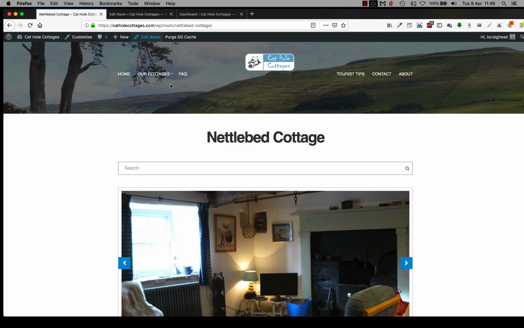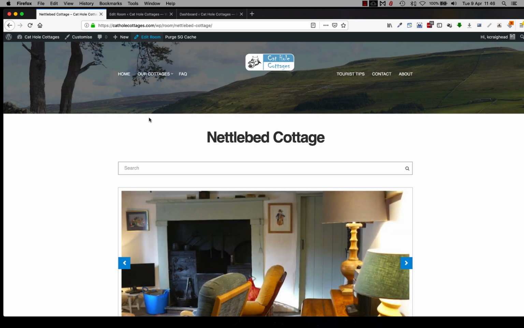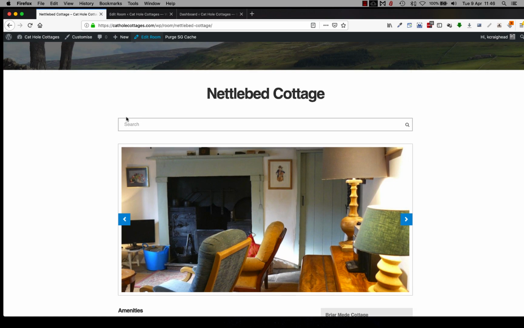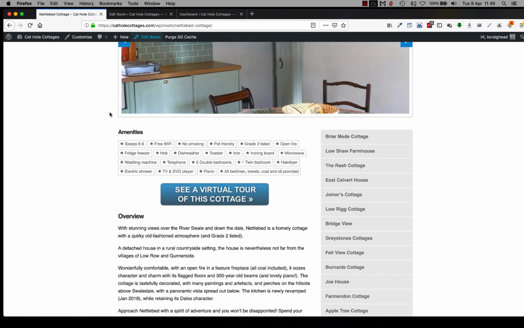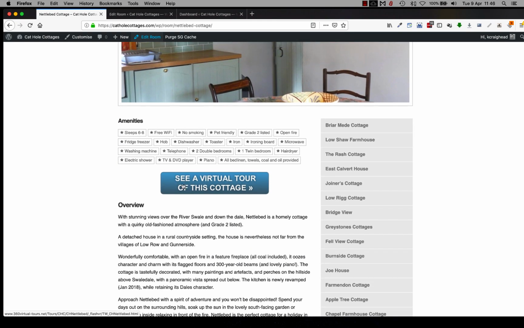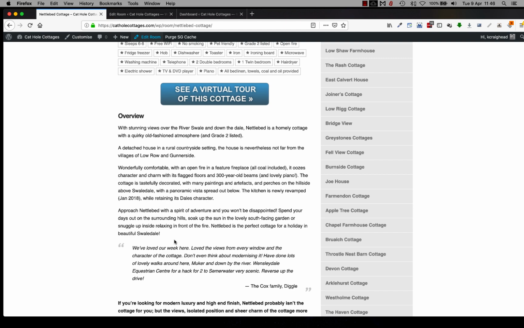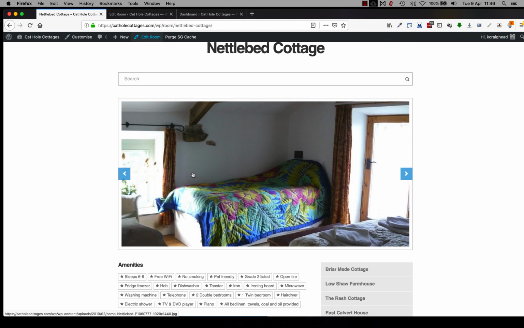Okay, I've just switched to a different cottage, Nettlebed, mainly because I want to show you how the full structure of an entire page looks and which elements make it up and how you might go about editing different parts of it. And Nettlebed's a good example because it's got the virtual tour and testimonials and all the rest of it in there. So it starts at the top with the